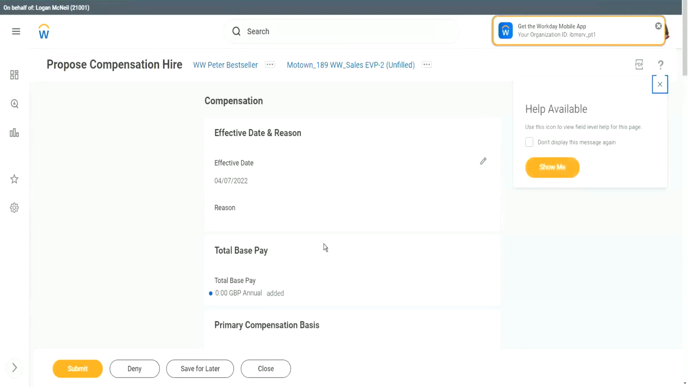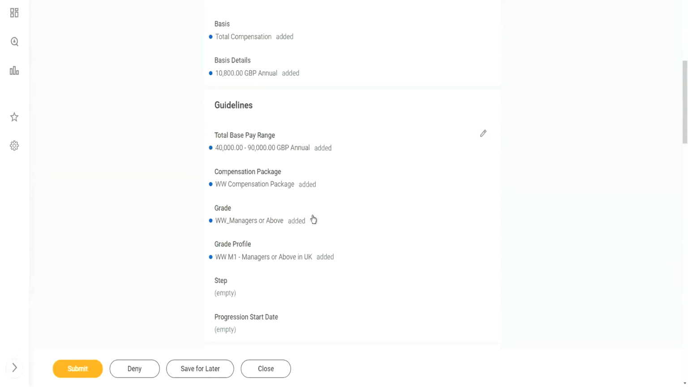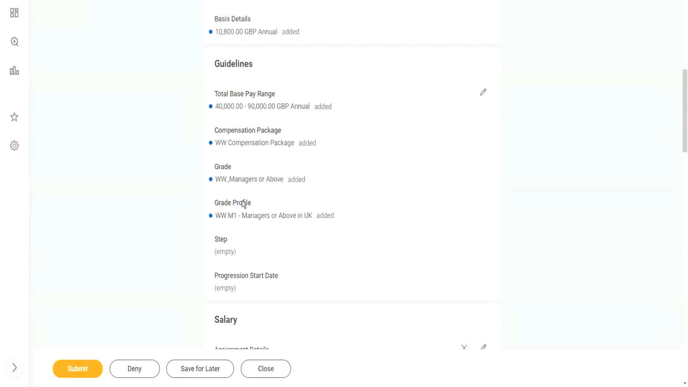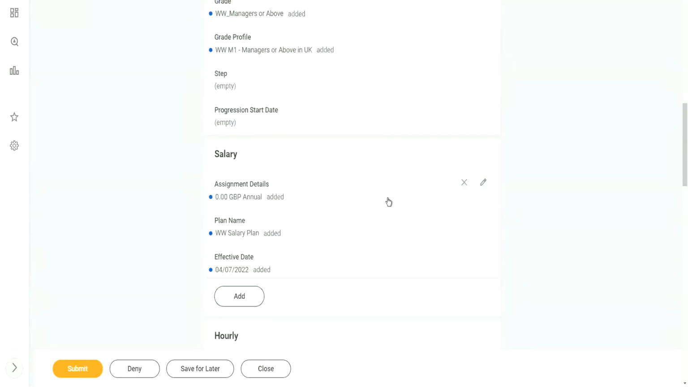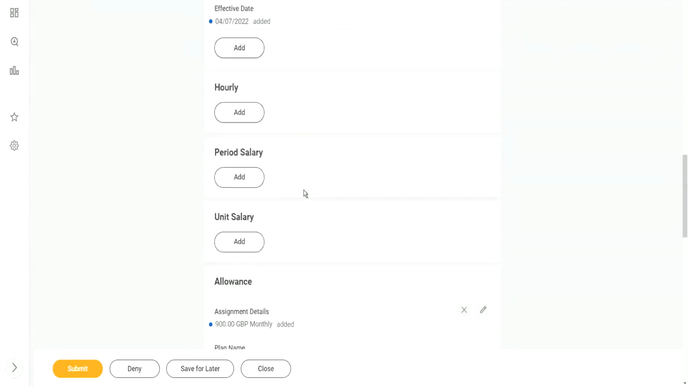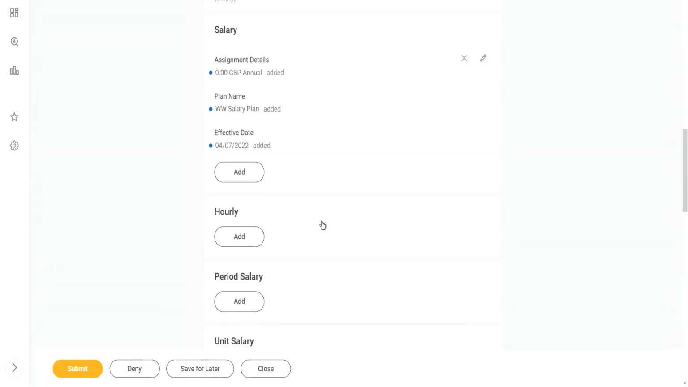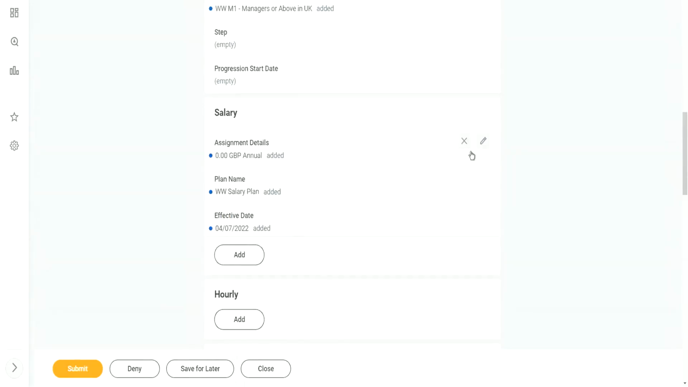Right. So now Logan can fill up the compensation. Oh, here the compensation package is selected correctly. The grade and grade profile are also selected. Salary plan is added. Allowance plan is also added. Perfect. So all we need to do is